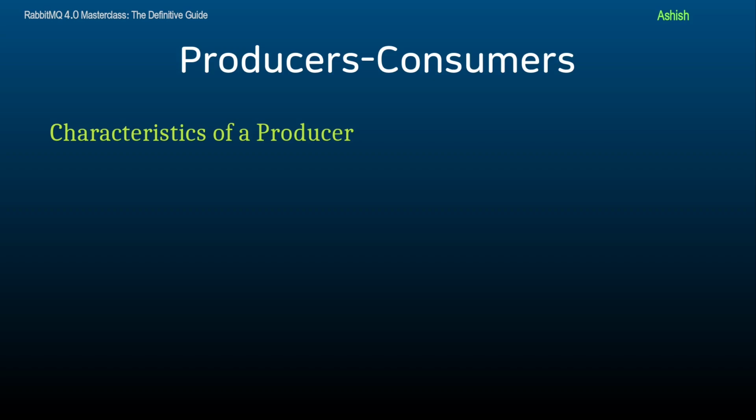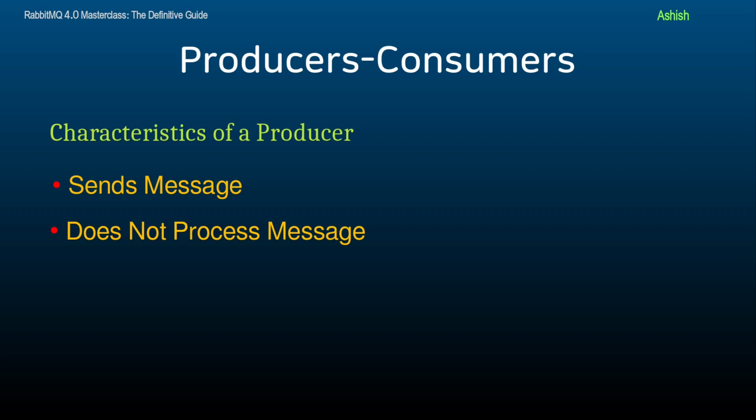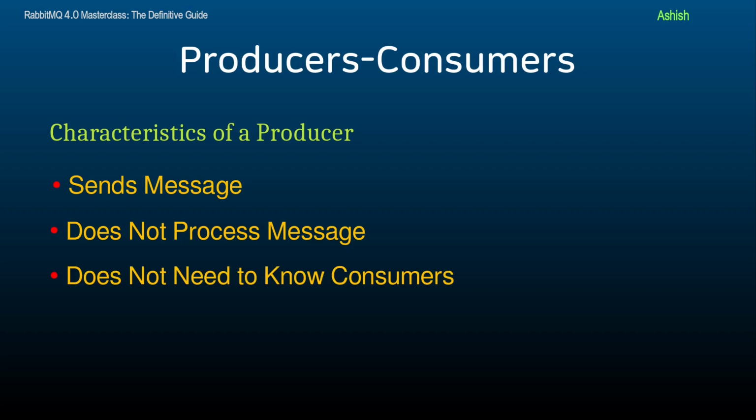Hence, we can determine the characteristics of a producer as follows. The primary role of a producer is to send messages to RabbitMQ for further processing. Producers do not consume or process messages. Their job is solely to publish them. Finally, a producer doesn't need to know anything about the consumers. It simply sends messages to the system and RabbitMQ takes care of routing them to the correct queue or maybe